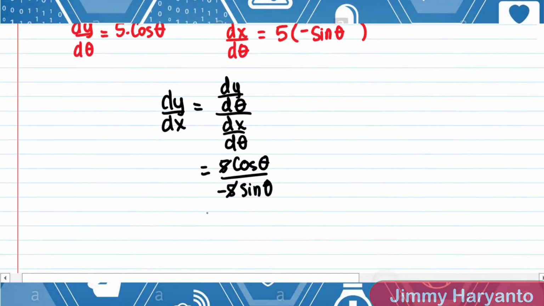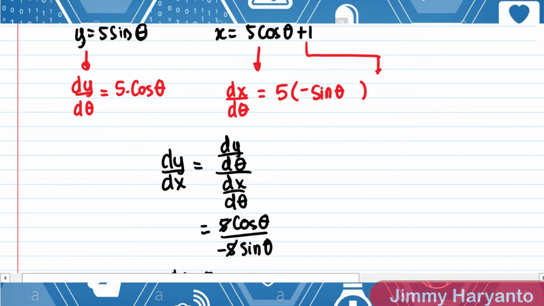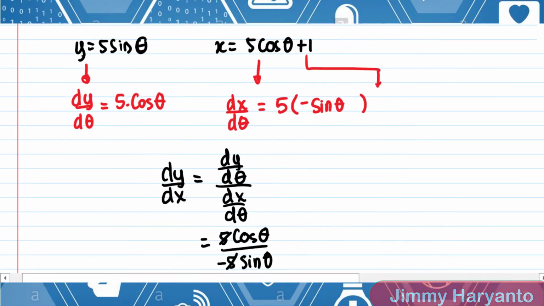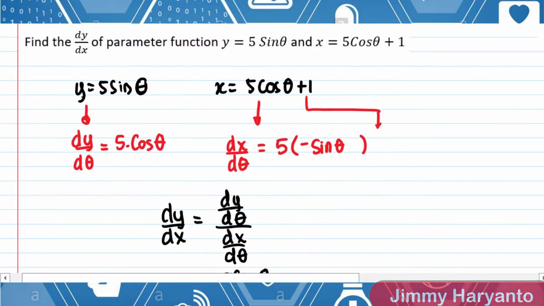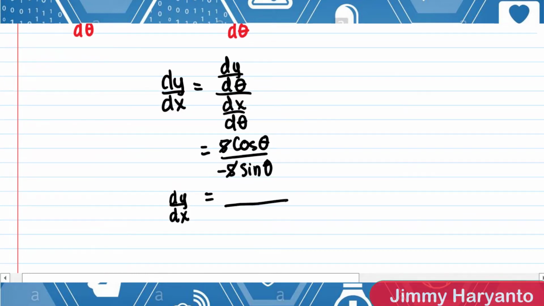You can cross out the 5 and you will get negative tan theta. Yeah, sorry, cotangent theta. Okay, you can express the dy over dx like this, or maybe you want to convert it back into the y and x. So you'll get, okay, let's try this. So for this one, sine theta will be y over 5, right? So we can change this sine theta into y over 5,